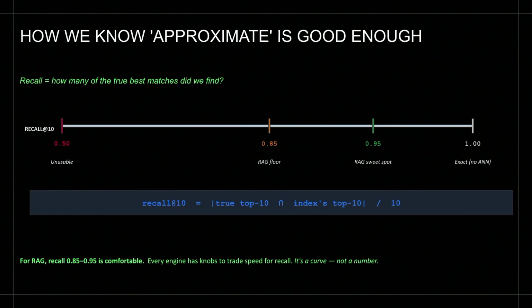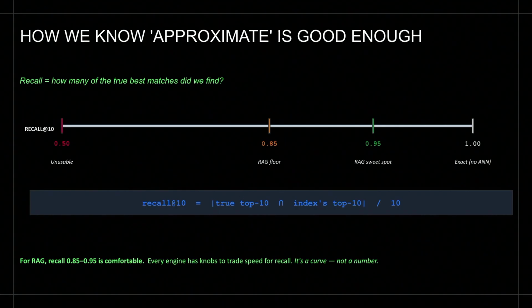To explain it in simpler terms, if you're searching for the top 10 products, with exact search you'll get the top 10 correct answers. Whereas if you use approximate search, you'll get 10 answers, of which 9 might be correct. So you divide how many are accurate by 10 and then you get the recall.